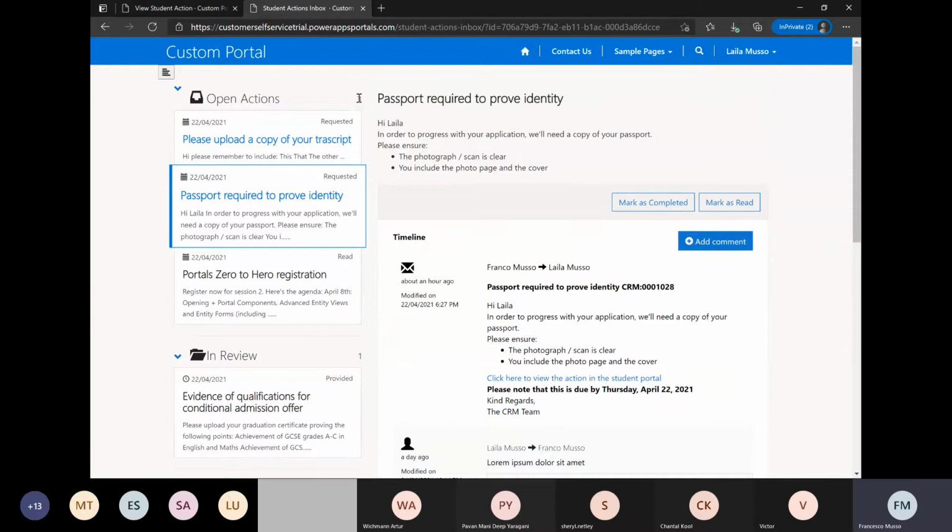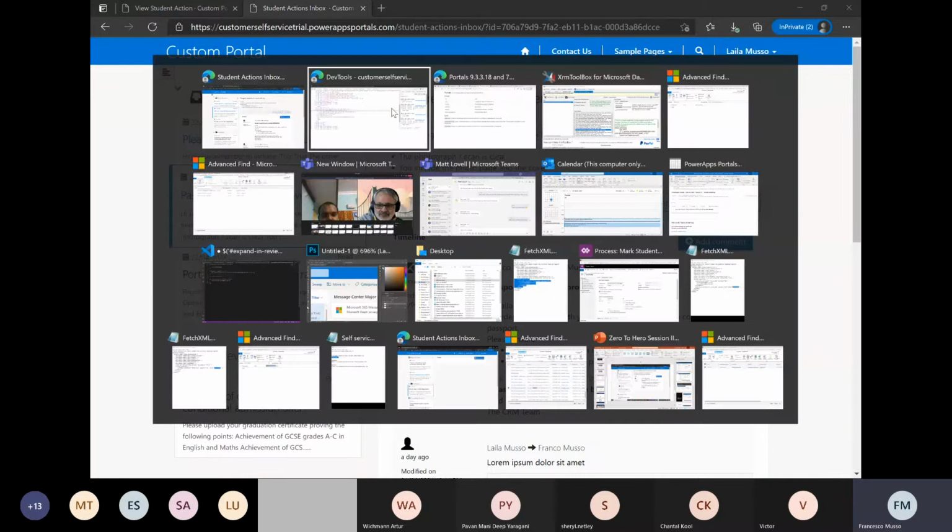The count on each one is probably worth mentioning. So that is also to do with liquid. So when I've done my fetch XML query,